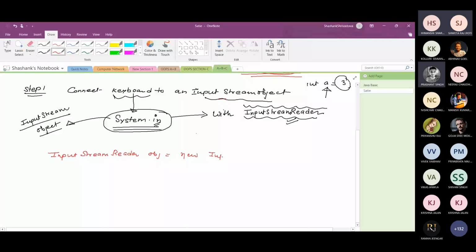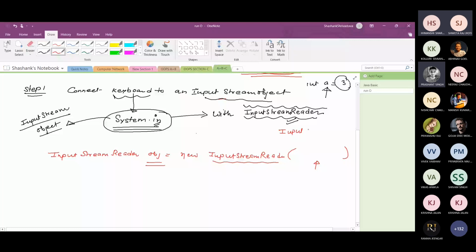Just call the constructor of the input stream reader class. In order to create the object of input stream reader, you need to call the input stream reader constructor. The input stream reader class has a constructor which takes a parameter of type input stream.